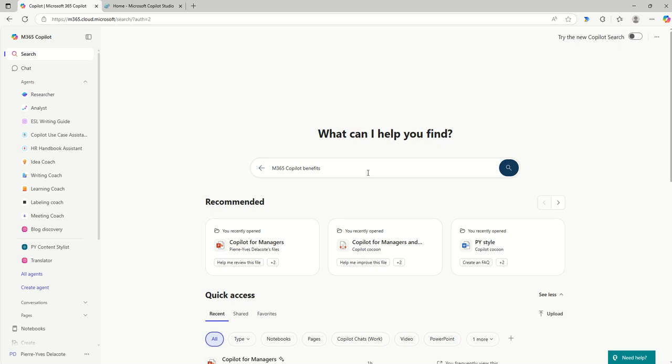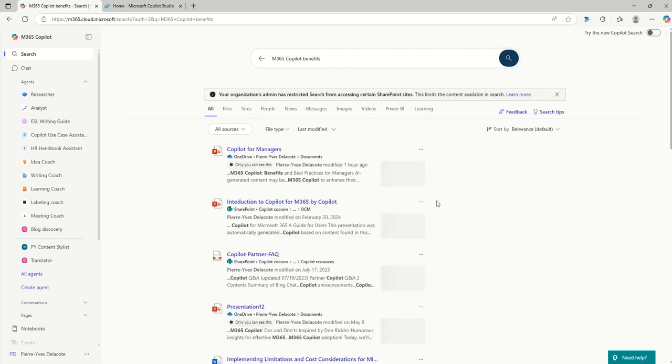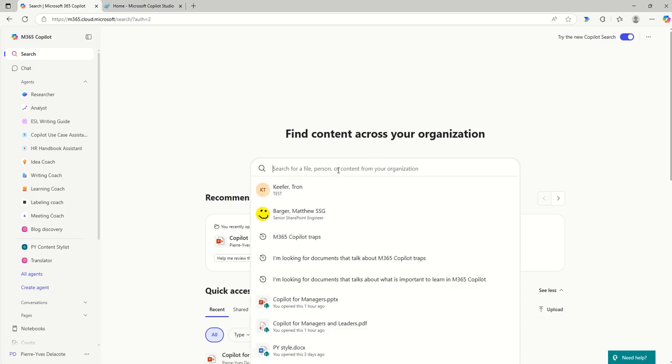Today, most searches are done by keywords. Here I'm looking for a document talking about Copilot benefits. When I search, I'm going to find files, and I need to figure out which one is the good one. So if I turn on the new experience and do the same thing,